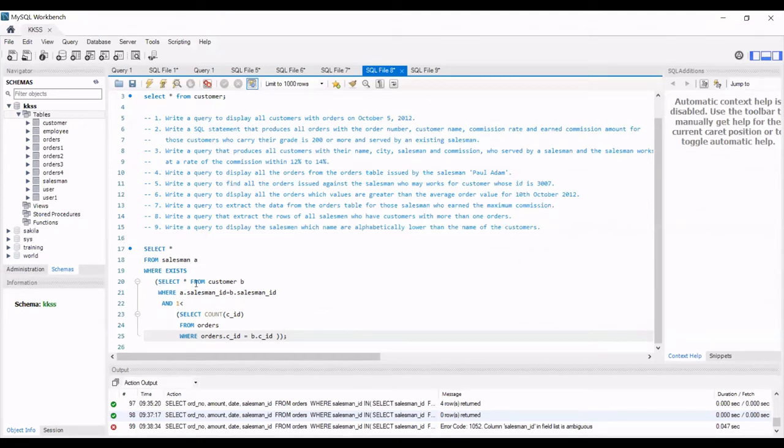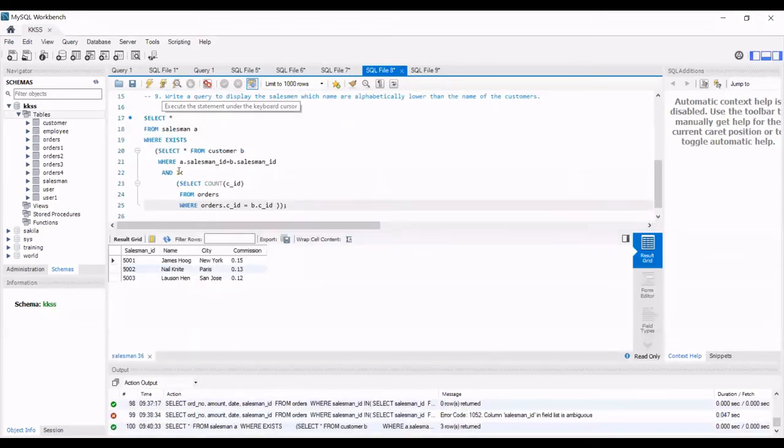So we are just using a select clause where the count coming from the order table should be greater than 1. We are comparing the customer ID of the order table with the customer ID of the order table itself, and if the count is more than 1, it will give us the result. Okay. And this is checking whether we have any record or not before showing the data output.